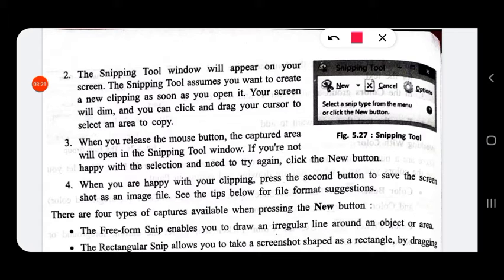If you are not happy with the selection and need to try again, then click the new button. When you are happy with your clipping, press the second button to save the screenshot as an image file. See the tips below for file format suggestions.